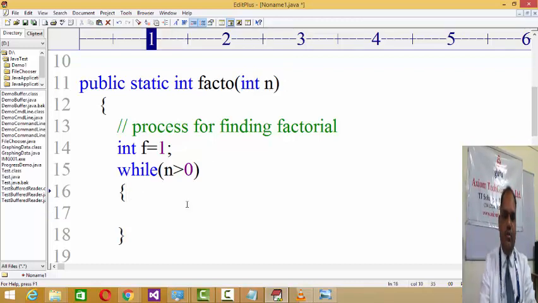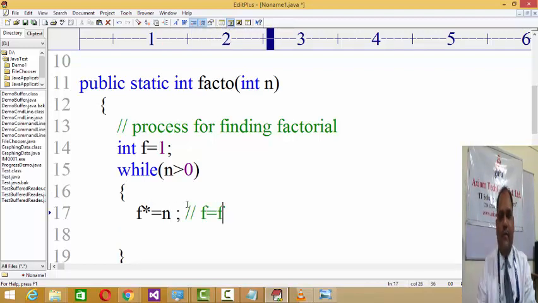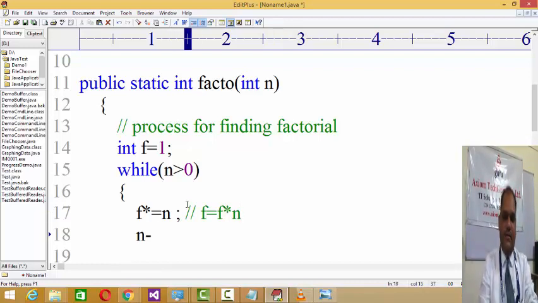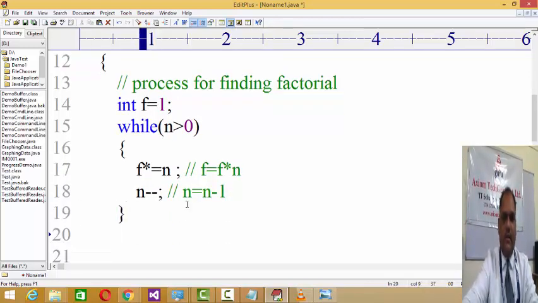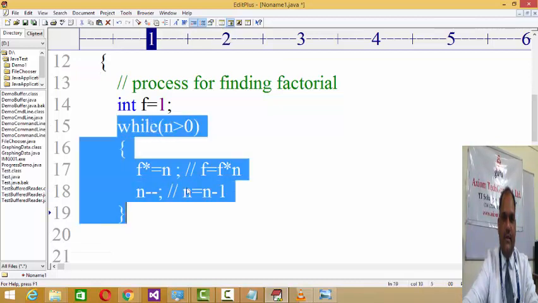Then f *= n, which is the short form of f equals to f into n. It's like whatever the value of n, you multiply to f. Now in this case, if your input is 4, f becomes 4, and then n--. This is the short expression of n equals to n minus 1. Reduce the value of n by 1, and it continues till the value of n remains more than 0.